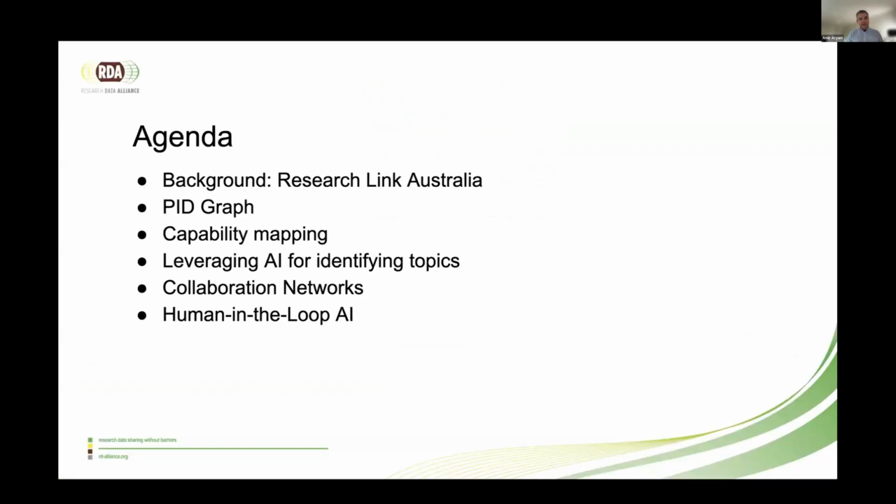So as an agenda, I'm going to talk about the background, a few slides about Research Link Australia, which is an initiative running by the Australian Research Data Commons, ARDC. We'll talk about the PEAT graph, the capability mapping. Then we will talk about leveraging AI to identify these topics and the collaboration networks. And finally, I'm going to talk about the human in the loop AI. So a bit of a packed agenda, but hopefully we'll hit the mark by the time of 20 minutes. So I will go quicker on the background section and slower on the follow-up conversation when it gets to